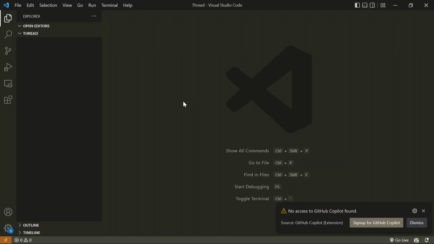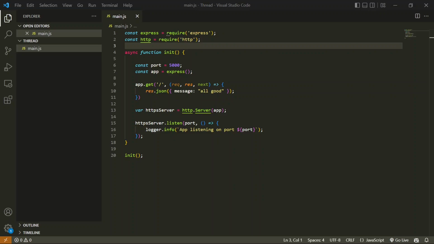So I have just created a simple folder and I have opened my Visual Studio Code in this folder. Now let's create a main.js, which will be the main script of our application. I've created this simple application in which I'm just listening to this GET API,